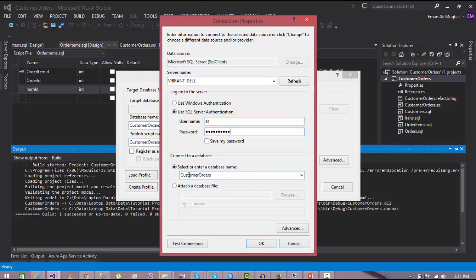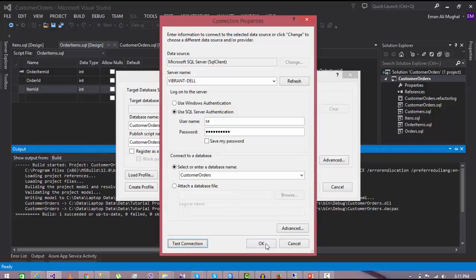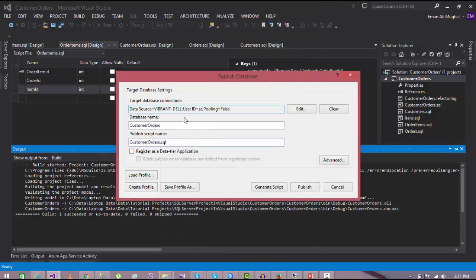Right now this customer orders database does not exist in the SQL Server, so if I click on test connection, the connection will fail. No problem. I'm going to click OK,